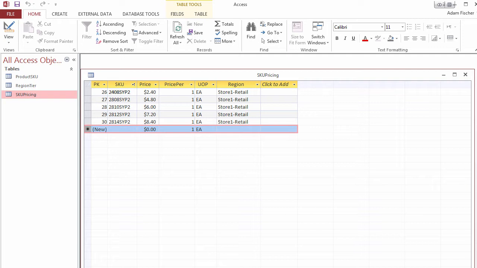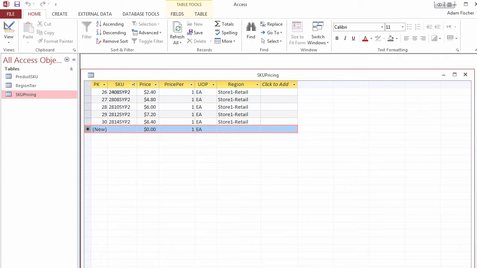But when it comes to the SKU pricing table, one thing to keep in mind is that for most people, pricing updates on a fairly regular basis, and so some of the information in the SKU pricing table will need to be changed and updated quite frequently. Because of this, it's a good idea to create an automated or semi-automated process to allow you to update this pricing SKU table with your most current pricing information. This can be done in multiple different ways using either Access or Excel, but let's take a quick look at